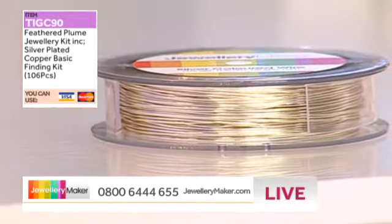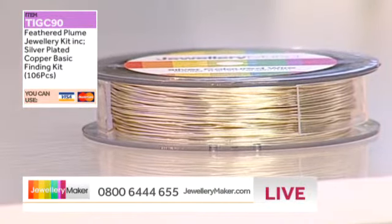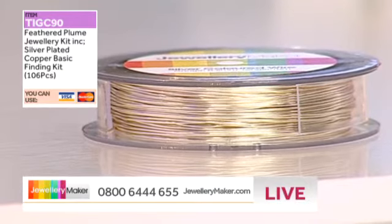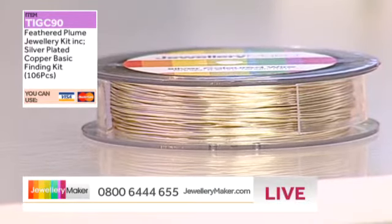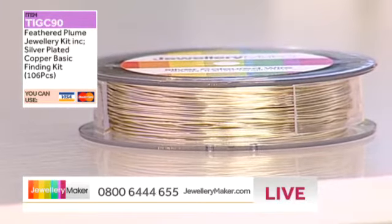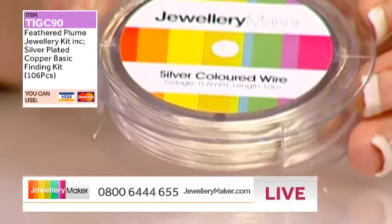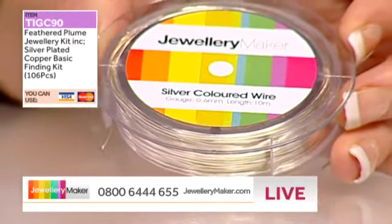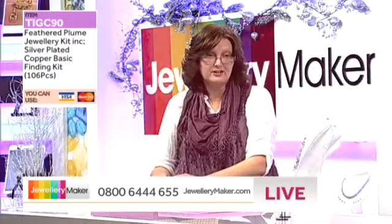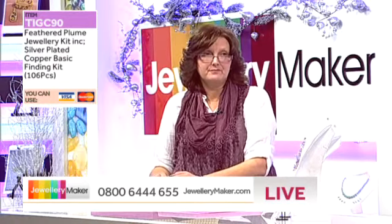We were talking about this yesterday, weren't we, Janet? How it's brilliant because it's so malleable. But then you can use it for things such as your findings. You can use it for the intricate sections, but you can double it up and twist it and use it structurally, can't you? That's right. I mean, you can use it for weaving. Like you say, you can twist it and use it for structural frames and things. I've used it today to make a ring, so you can use it for rings. Oh, you've used it in a ring? You can make earring findings. You know, it's really versatile. So it's a really, really good gauge to be having. You're getting 10 meters of this, and you're getting...